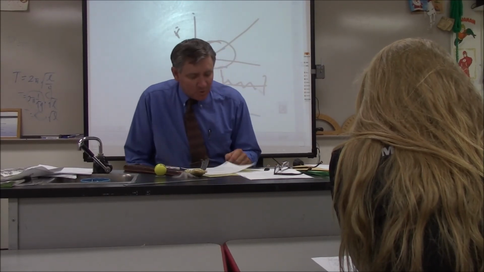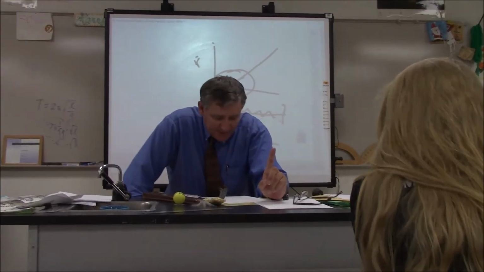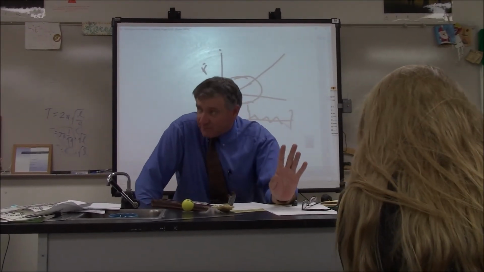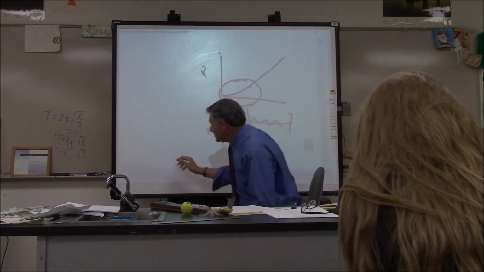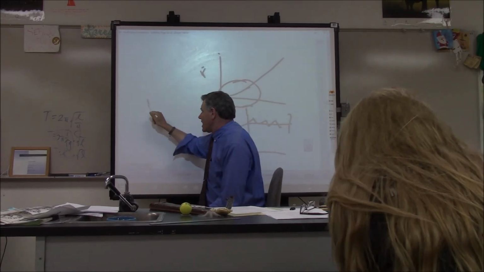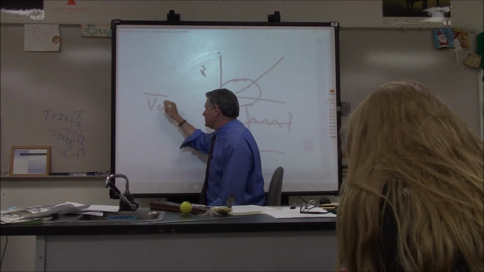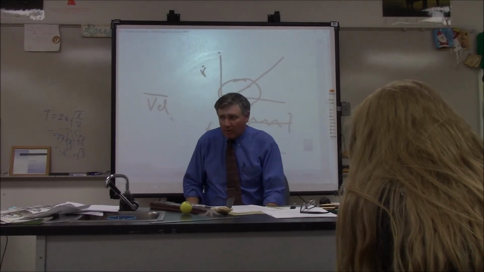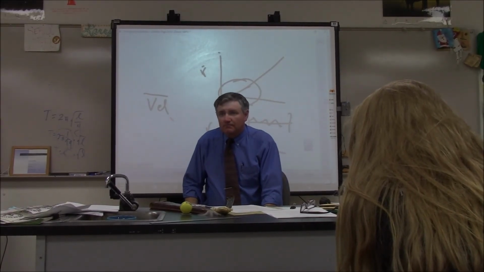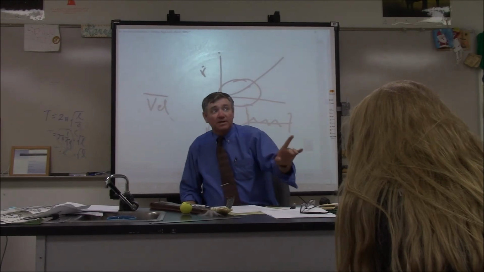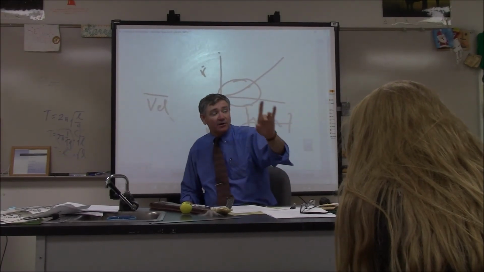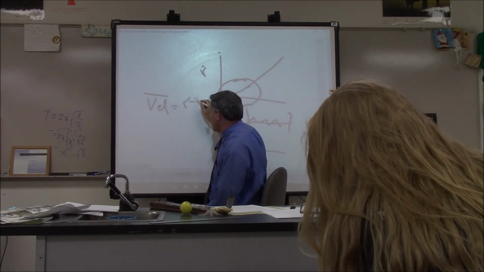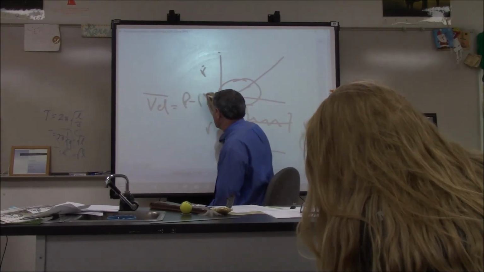Now, one of the things that you want to do on number 4, you're going to calculate the average velocity for the 12 intervals. We talked about this yesterday. How do you calculate average velocity? A bar over it means average. What minus what divided by what? P minus P naught over time, right?